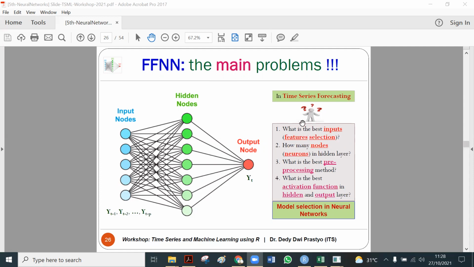But if we are working with time series forecasting, particularly univariate time series forecasting, we only have one variable, but we need to determine which is the input. Of course, the input is its lag. So we can start by selecting what we assume is the most appropriate input, and then optimize the nodes. Afterward we can go back to the input if we think it is not appropriate yet, or we can improve it.